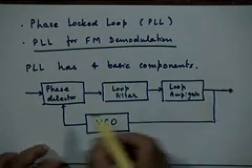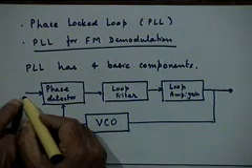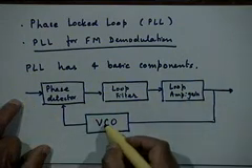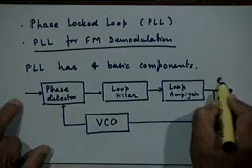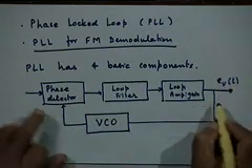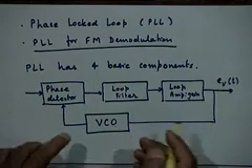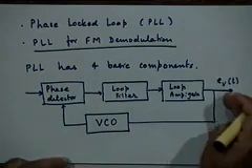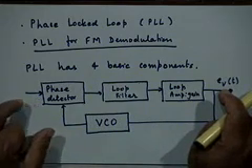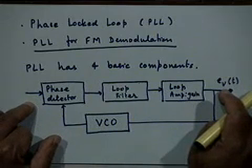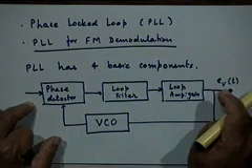can serve as, if you feed an FM signal at the input, this input signal can be taken as the output, right. Let us call this output E sub v of t, input to the VCO signal. We will see that under certain conditions E sub v of t will be proportional to the message signal m of t when the input signal happens to be an FM signal. Okay.